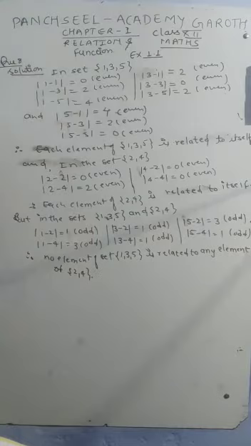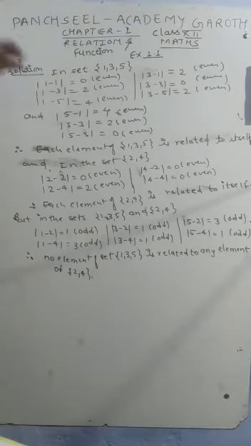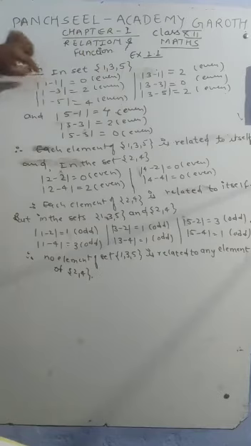With these ordered pairs, we are checking whether they follow the rule of the relation or not. That means whether the subtraction of both numbers, the mod of A minus B, is even or not. We are going to check whether A minus B is even or not. First, I have solved the ordered pairs directly here. You have to make the ordered pairs. First we need to find all the possible ordered pairs for the given set. That will be 1, 1; 1, 3; 1, 5; 3, 1; 3, 3; 3, 5; 5, 1; 5, 3; 5, 5. And we are checking whether these ordered pairs follow the relation or not.